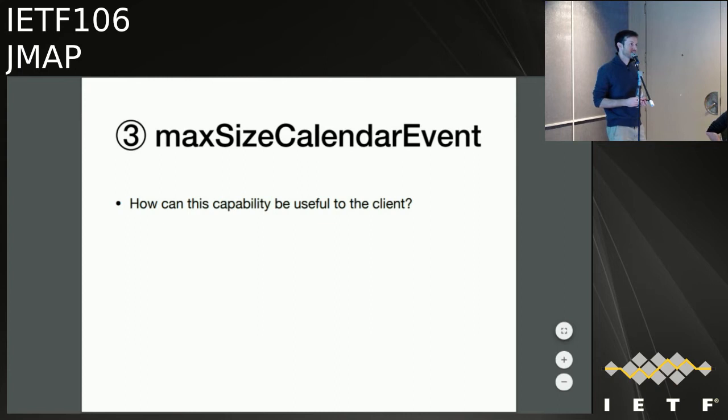What was the reason it was there in the first place? I think the danger is that a calendar event can contain arbitrary key values, and some of those properties can be as big as you like. You can embed a data URL in there with 3 megs of attachment data. Now, it's not the way you're meant to do it. You should upload a blob like you normally do in JMAP and reference that. But you could embed data URLs, and so you could have an arbitrarily big object.